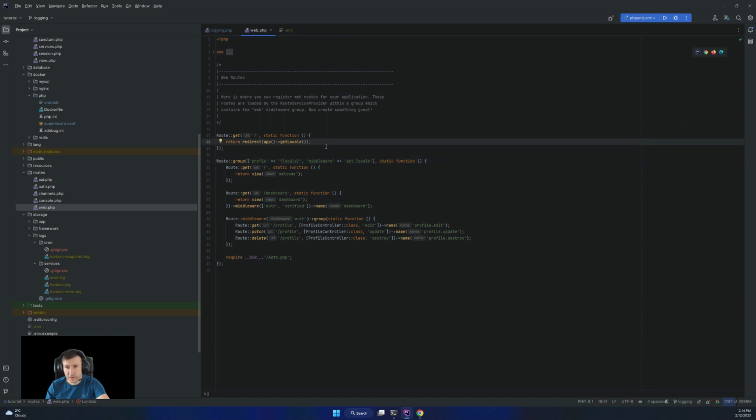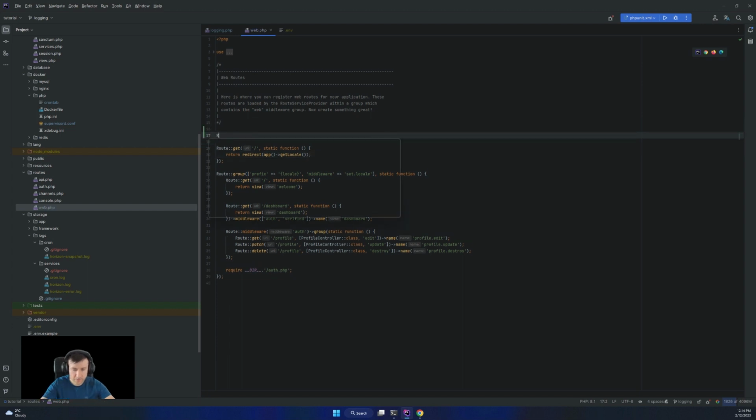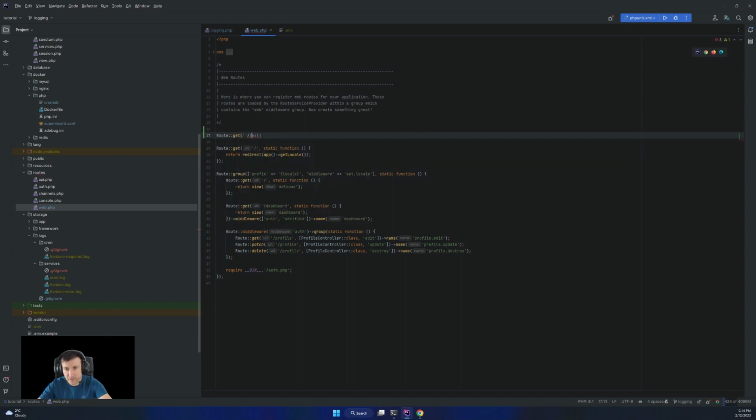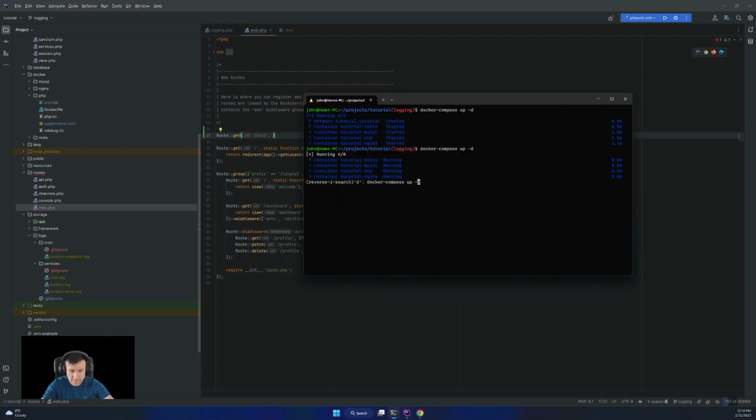Let me add it globally. Okay, so it will be route get test route. This is only for testing purposes. You shouldn't have this route in a live environment. And I'm going to make a new controller.